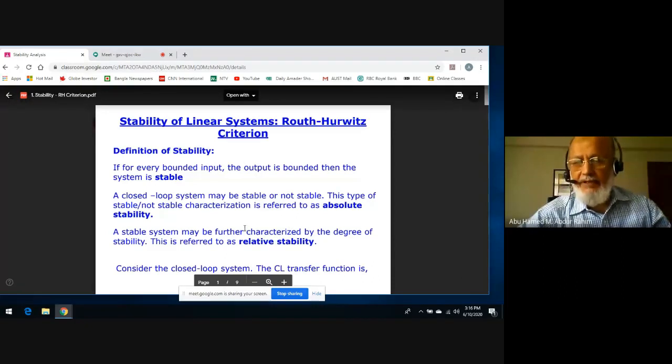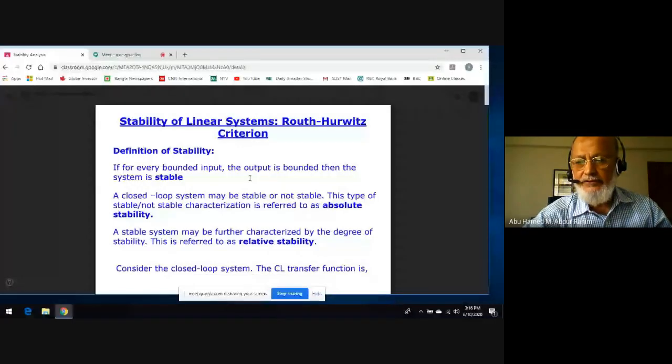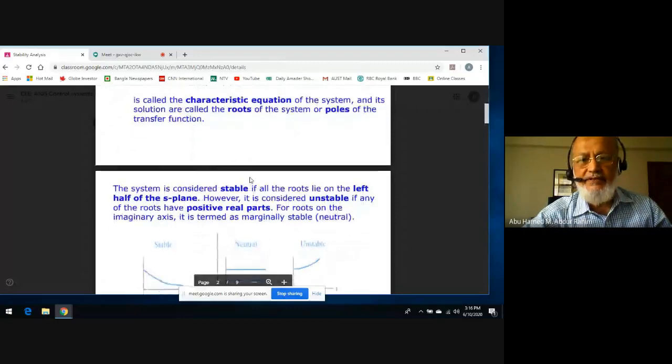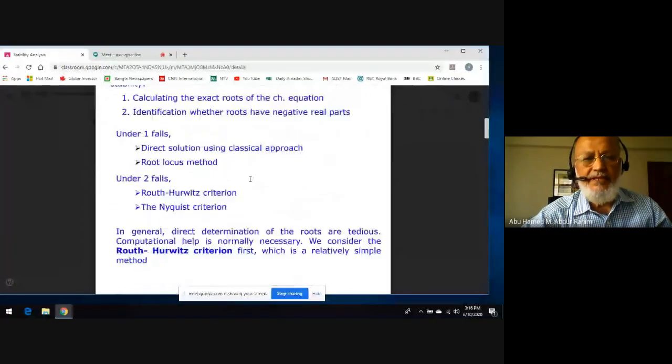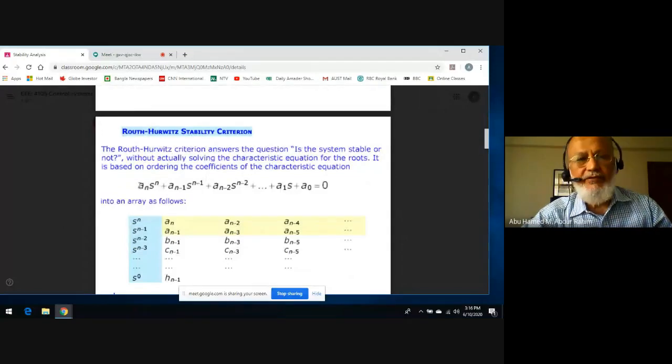Okay, if you noticed, we did Routh-Hurwitz criteria for one example. We solved one example for you, but let's first repeat what the Routh-Hurwitz criteria is. Routh-Hurwitz criteria says that we can find the stability of a control system just by examining the characteristic equation. This is the characteristic equation in front of me.